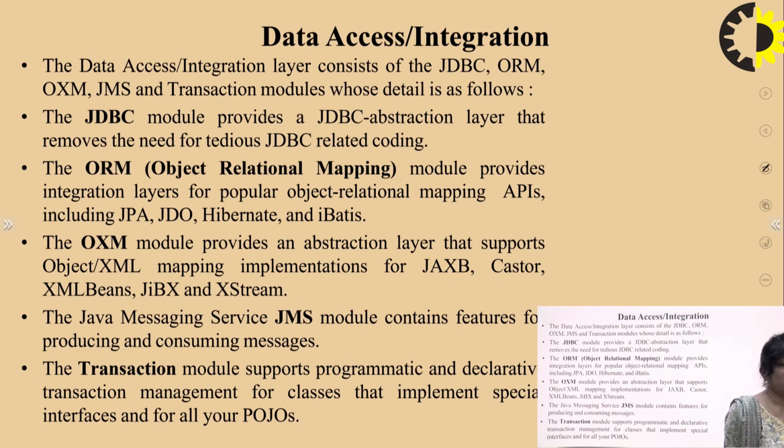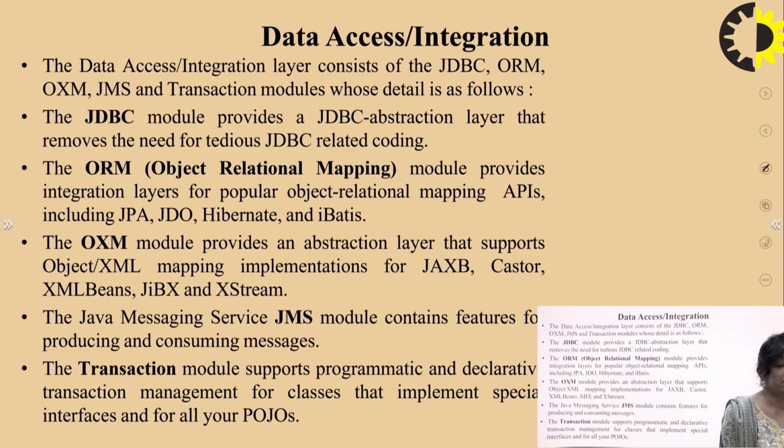Next we have data access, or we can say data integration. The data access integration layer consists of the JDBC, ORM, OXM, JMS and transaction modules, the details of which I am going to tell you. The JDBC module provides a JDBC abstraction layer that removes the need for tedious JDBC-related coding. The ORM, which is object relational mapping module, provides an integration layer for popular object relational mapping APIs, including JPA, JDO,